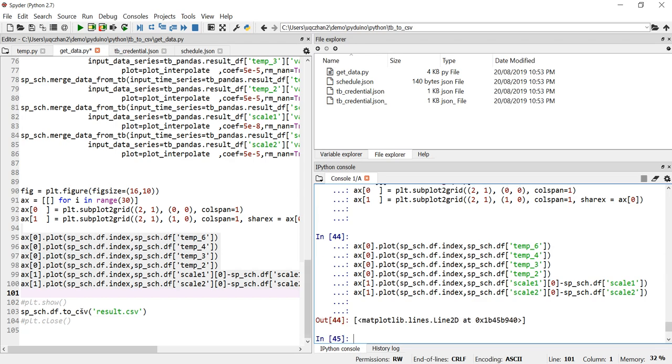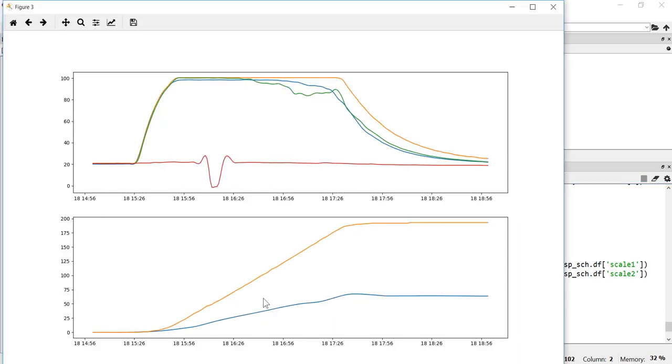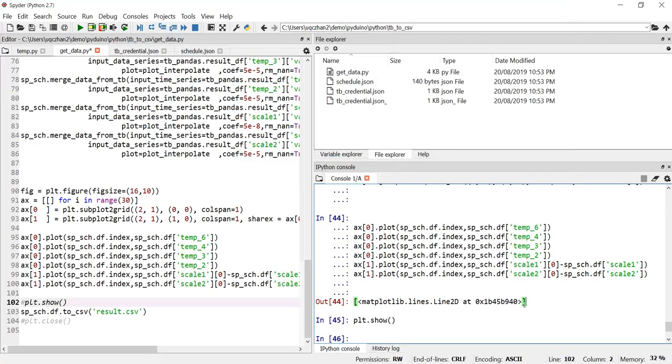If you want to show the data right now, we can just use this tiny line here, and you'll be able to see the beautiful data. So temperature going up and further going down, and the scale going up and going down. And because we've already filled the gap where the wrong data is, being stitched all together,